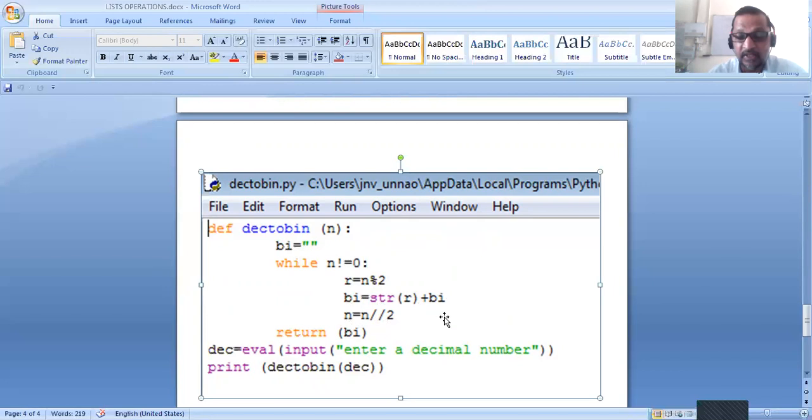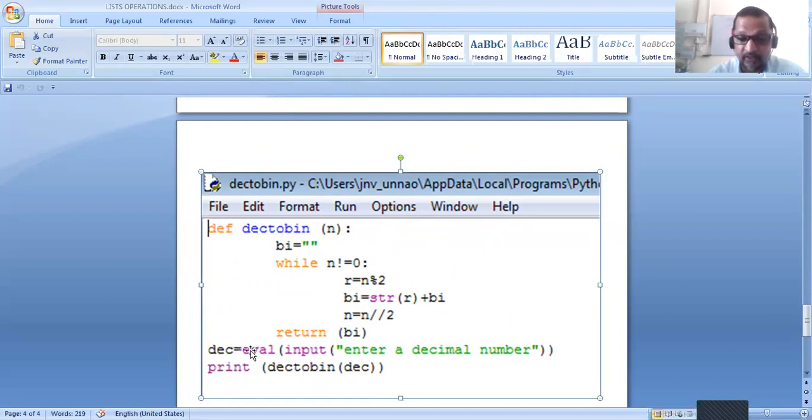It means if we divide 5 by 2 with floor division, it will truncate the .5, and after this we get the value 2 only. Then this function returns the binary number.